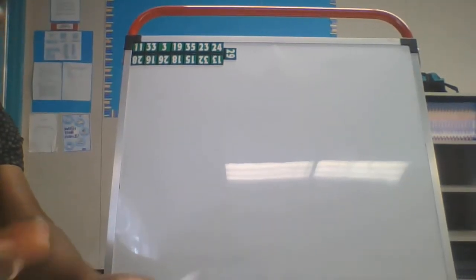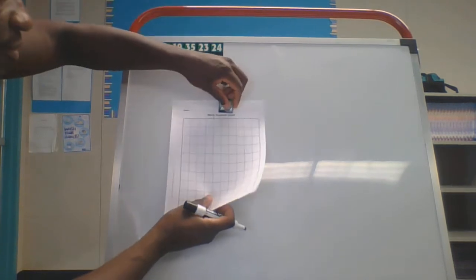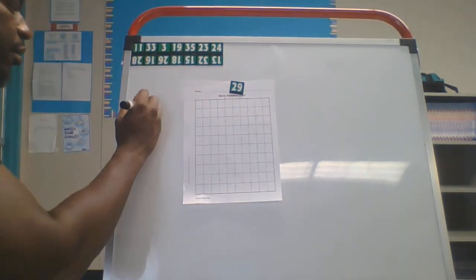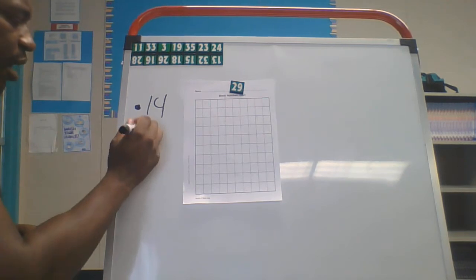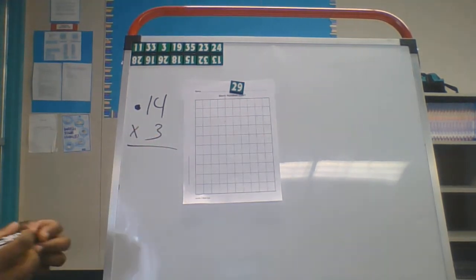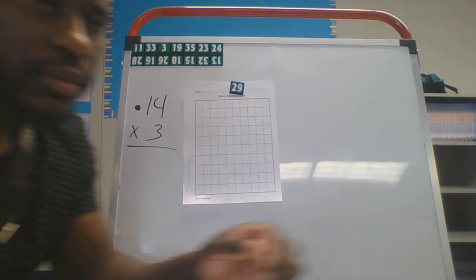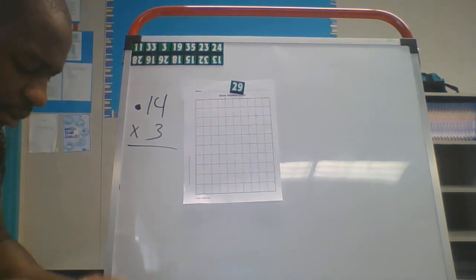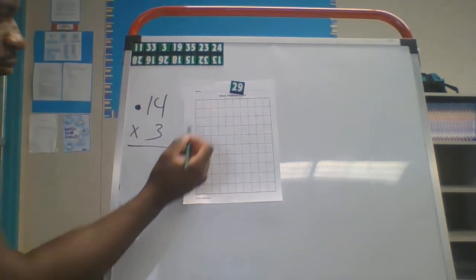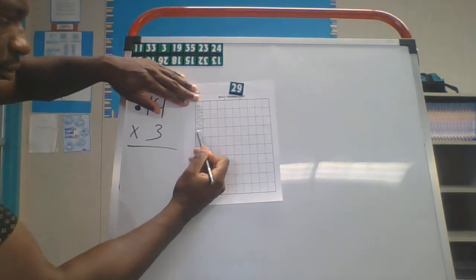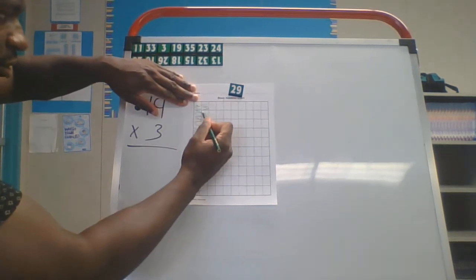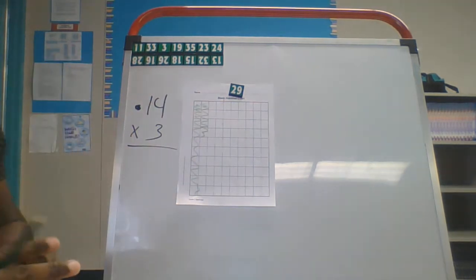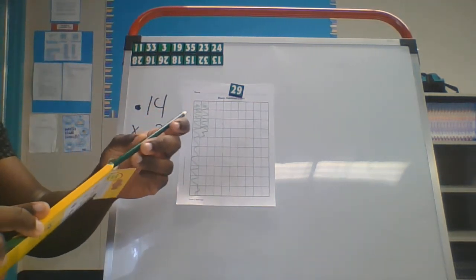Okay, I'm going to scoop this up a little more so you can see a little better. So if you have a problem and it is 14 hundredths times 3, go ahead and give this a shot. Okay, 14 hundredths times 3, that means we're going to write the group of 14 3 times. One, two, three, 4. And then I'm going to switch colors so that I can easily tell how many groups